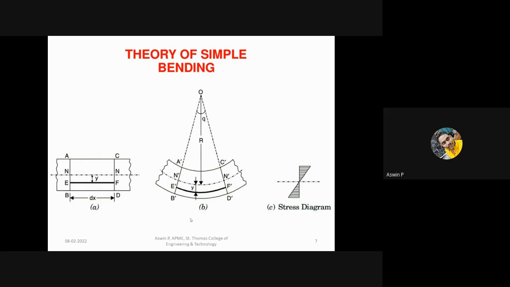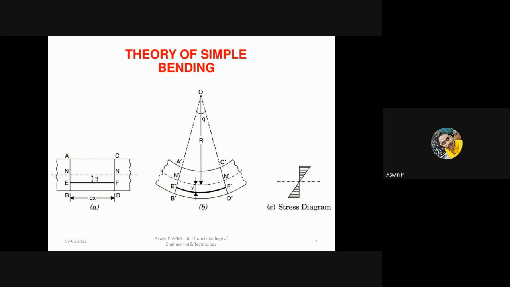For that, we are going to take a section. This is the initial section. As we have mentioned in the assumption, the initial section should be a straight line. But in our notebook, the terms used may be different, I think A, B, C, and D, as well as this neutral layer taken as EF and this layer taken as GH. So just consider that. There is a change in our notebook notations and the explanation.